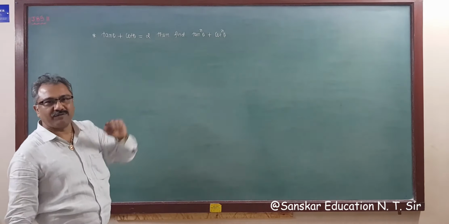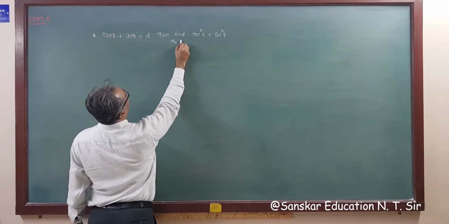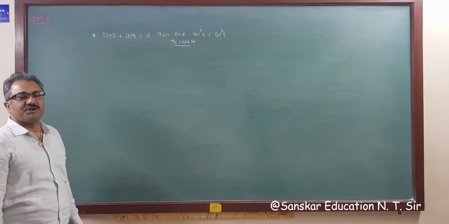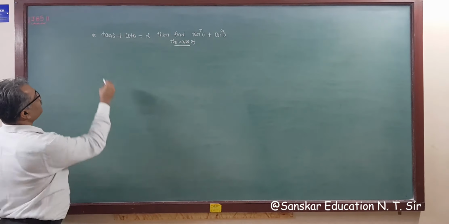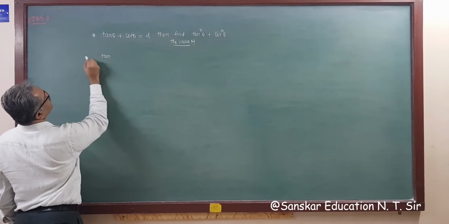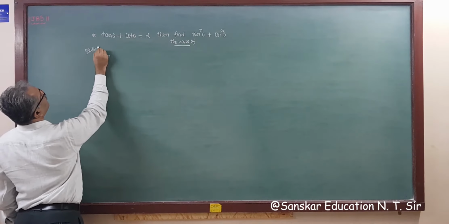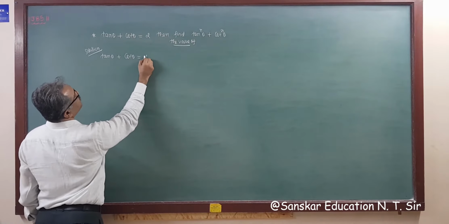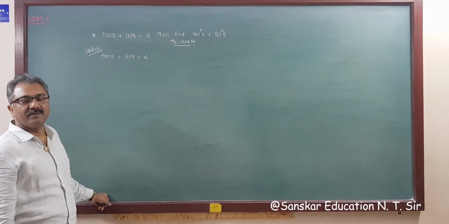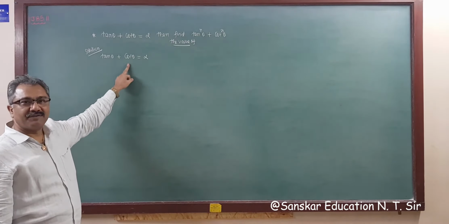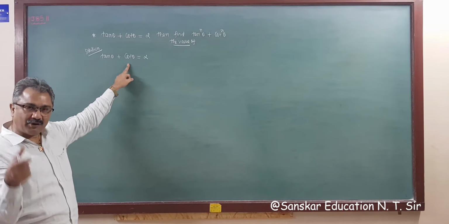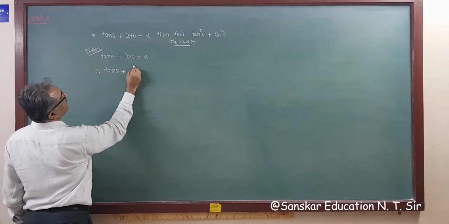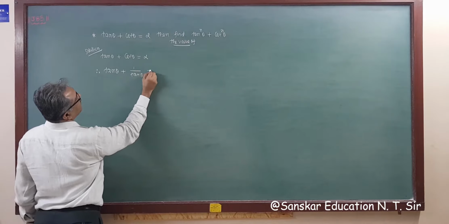Find the value of, I'm writing here, the value of tan raised to n theta plus cot raised to n theta. So this is given here, tan theta. So this is your solution. So the solution is tan theta plus cot theta is 2, right? Now you know tan and cot are reciprocals of each other. That is, cot theta is 1 upon tan theta, right? So this is tan theta plus 1 upon tan theta is equal to 2.